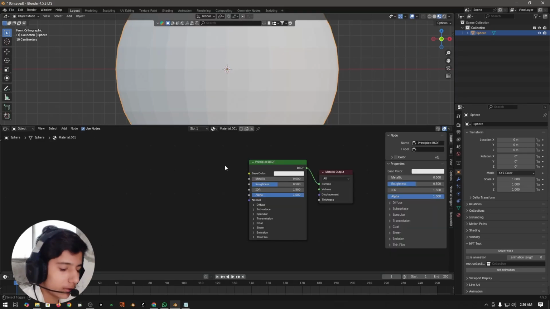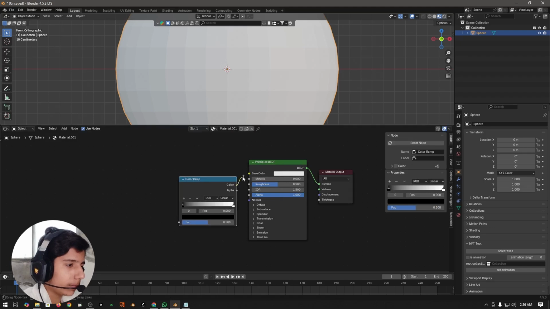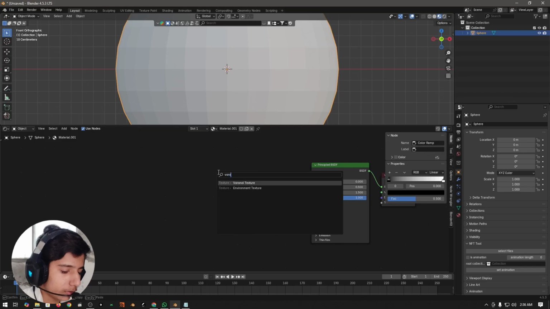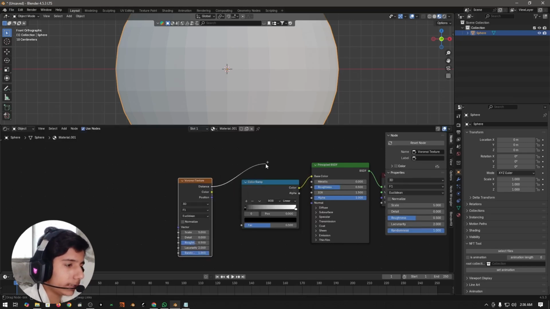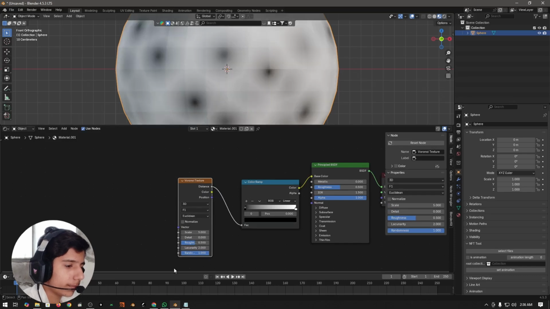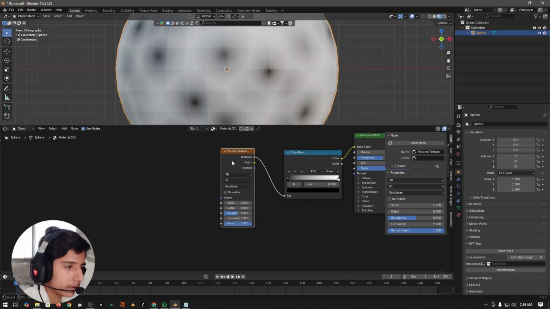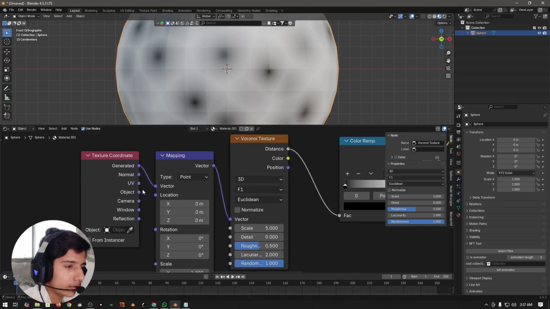So to start with, I'm going to add a color ramp node here and plug it into this base color. Now we are going to need a Voronoi texture and plug that distance into this color ramp node. Now if you guys have node wrangler add-on enabled, you can select this texture and press Ctrl plus T on your keyboard to get these mapping nodes. And I am going to use object coordinates instead of this generated,